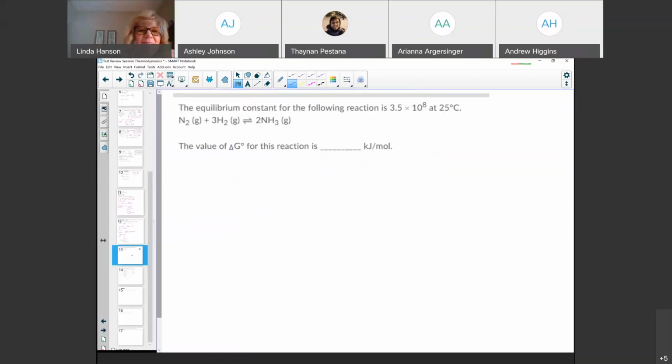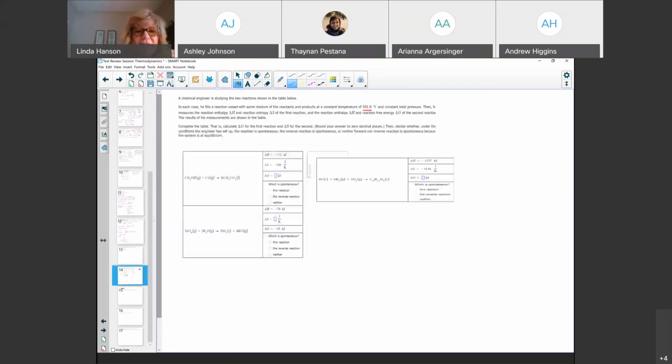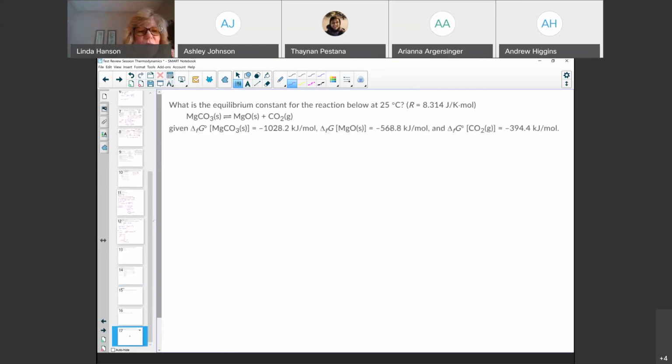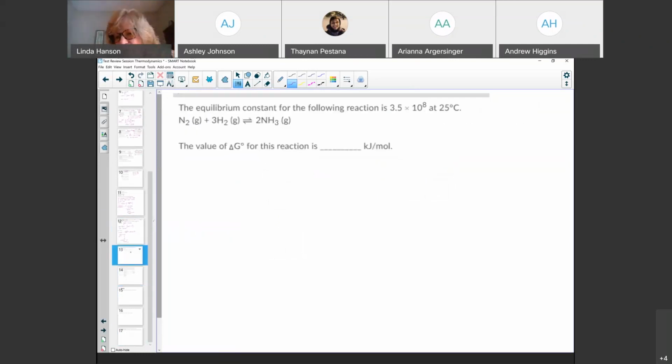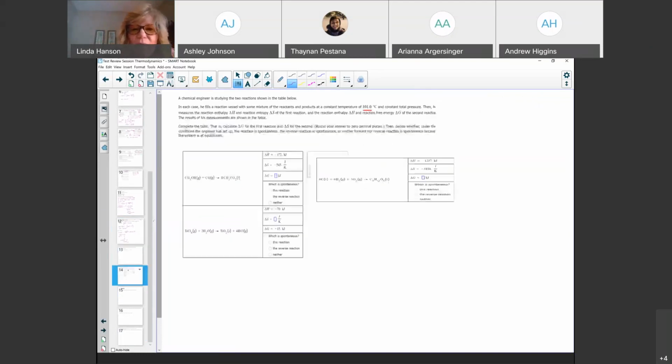I really don't have very many other types of questions. This is a similar one, this one gives me the equilibrium constant K and then asks me to solve for delta G. Just in the interest of time, there's a few left. I'm going to open up and just ask you what topic remains that you wish I would talk about before we end our review session. Do you have any lingering questions that were not hit upon yet?